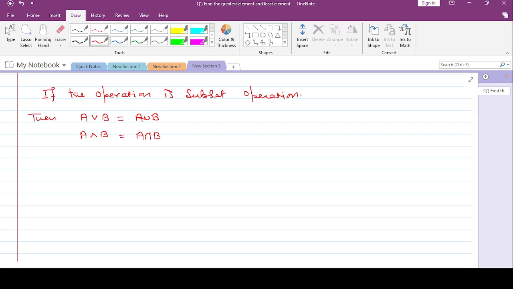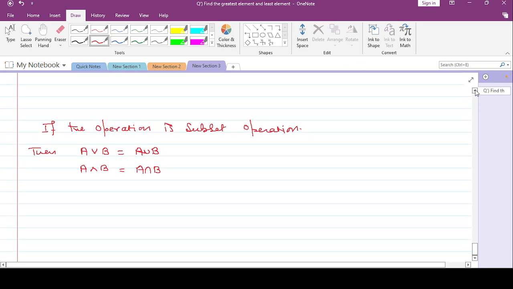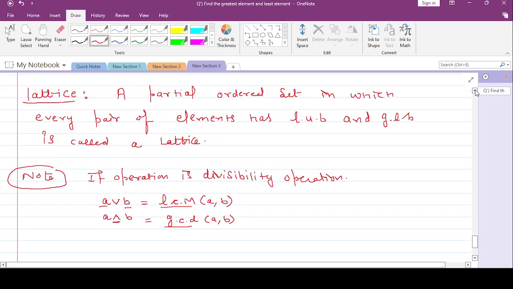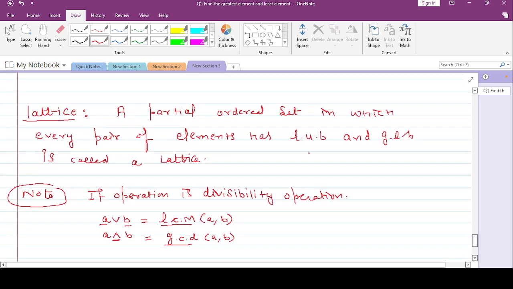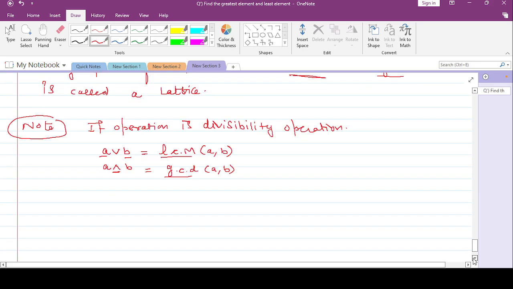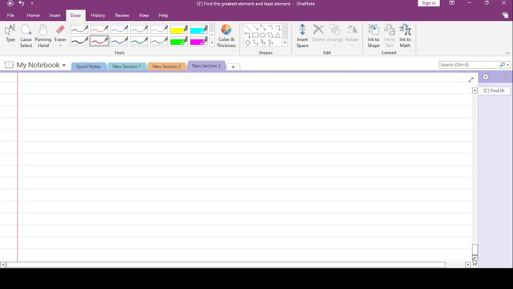So we now solve the question. In order to prove a lattice, the thing is this: if the LUB and GLB, meaning supremum and infimum, both exist for every pair of elements in the same set, then only we say that it is a lattice. Otherwise it is not a lattice. So we now see some examples which form a lattice and which do not form a lattice. So the question is this: